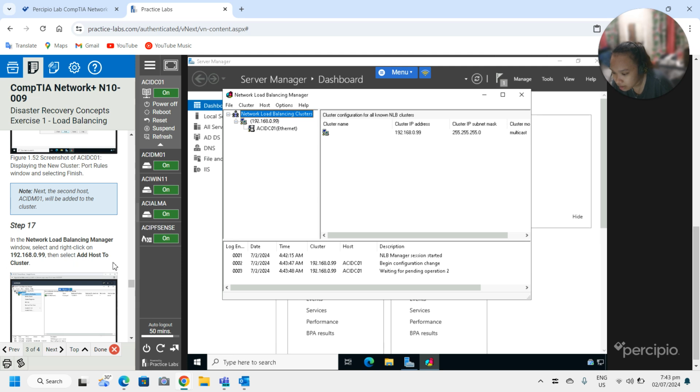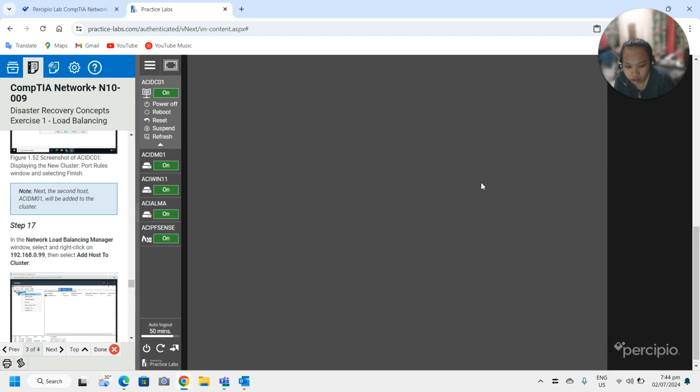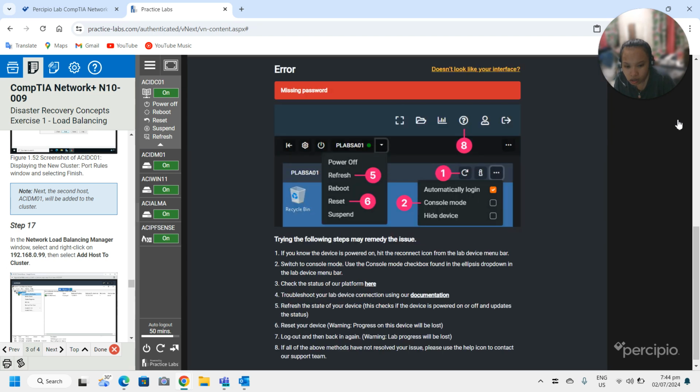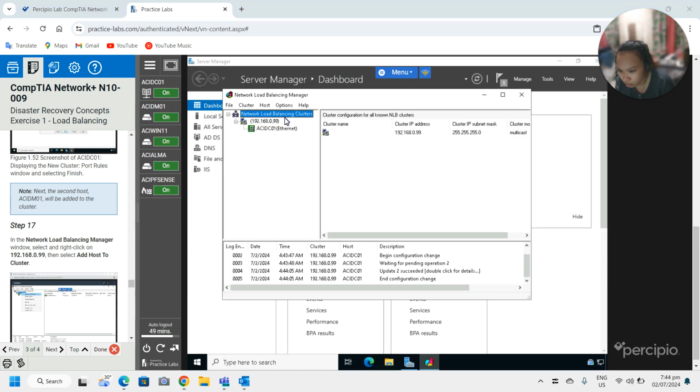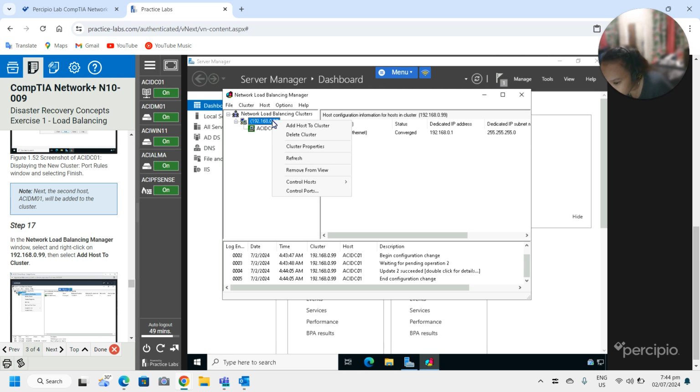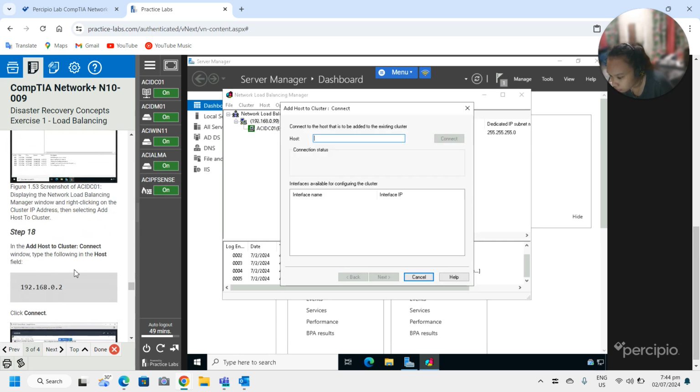In the Network Load Balancing Manager window, select and right click on the host. It's loading. Okay, so right click and then add host to cluster.